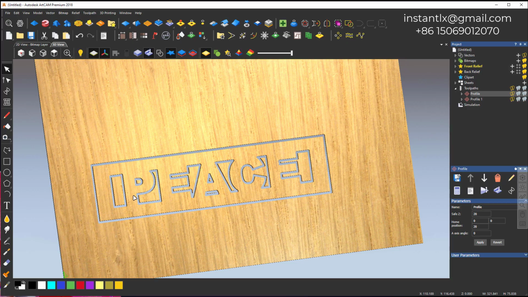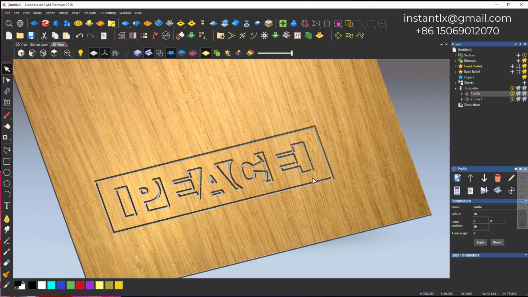So we get this effect. We can remove this after we cut the wood board. In reality,